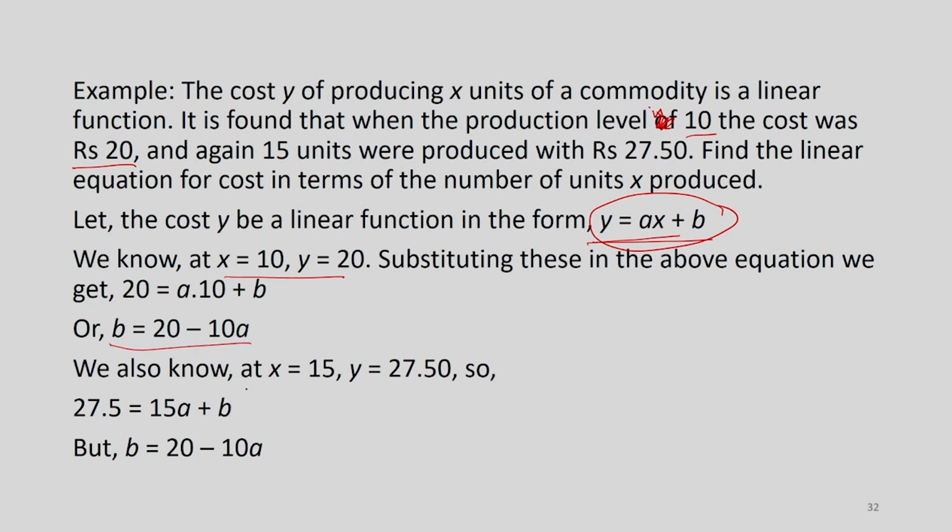We also know that if x is equal to 15, then y rises to 27.50. So, again we can put that here, and here we can substitute the value of b from here, and therefore, we will get